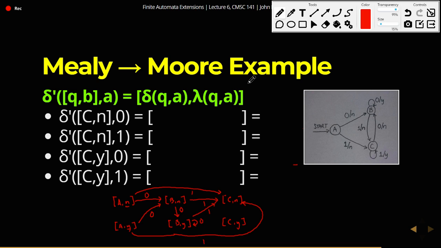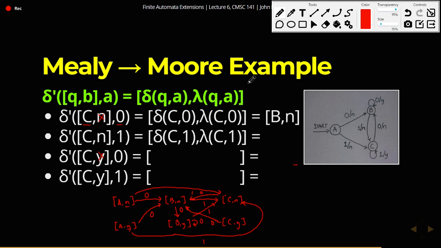CN on 0, so again, we'll just disregard this one. We'll just not mind that. So just look at C on 0. So C on 0 will go to B with output of N. So that is on BN. So we'll go back here on 0. So sorry if that looks complicated, but we will see a cleaner version of this in the next slide. And equivalently, CY will also go to BN on 0. Okay, so that's on BN.